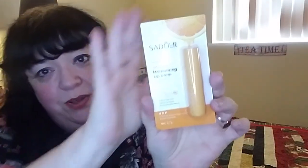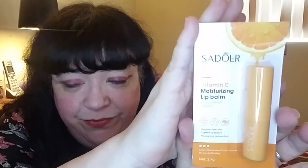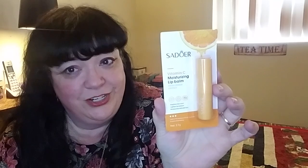Next item, Seduer seems to be one of the skincare lines that goes through Temu. And this is a vitamin C moisturizing lip balm, fresh orange essence. So I do like orange a lot. So this is 89 cents. The next item,